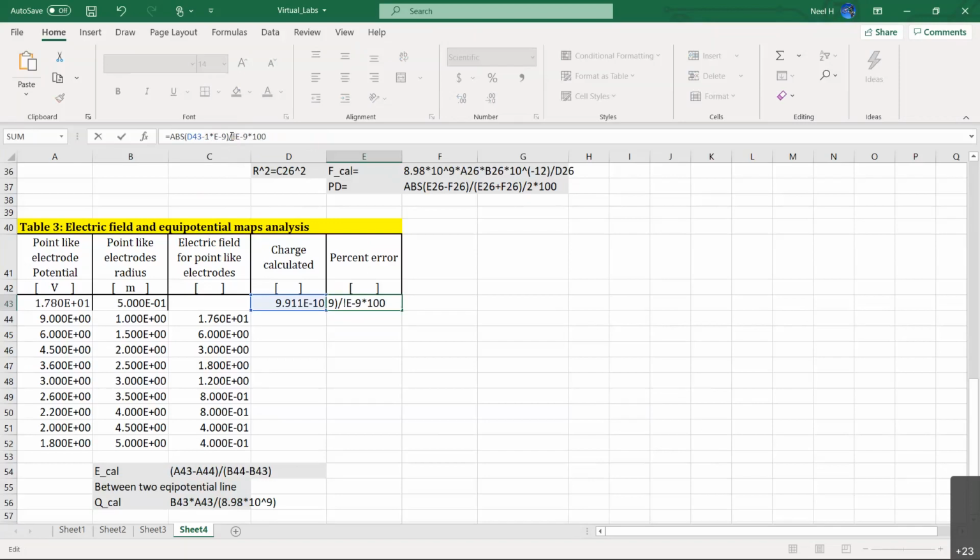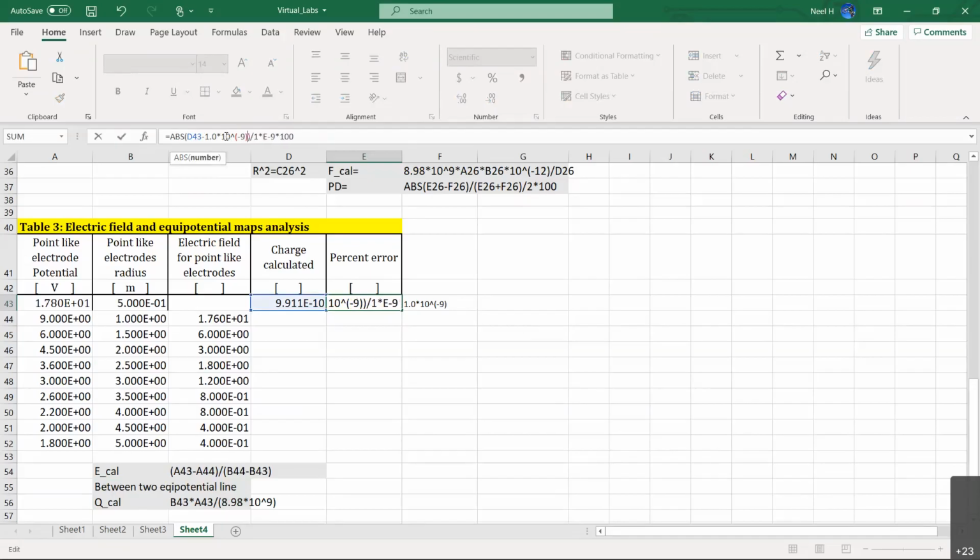One times e to the power 9. Reading is still correctly. So let's do this way. So let's type that number here, 1.0 times 10 to the power minus 9. When you do this percentage error, then you can read that directly. (1.0) times 10 to the power minus 9.